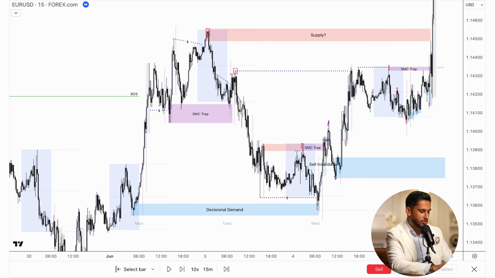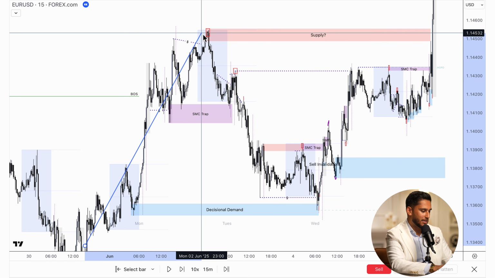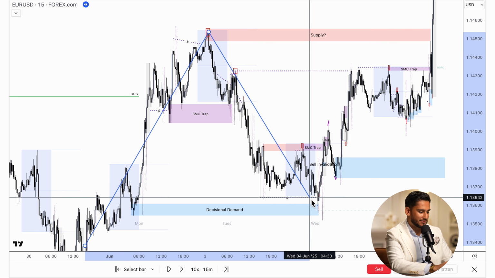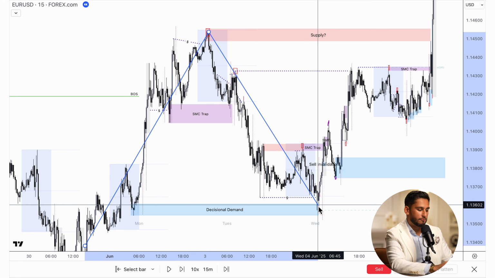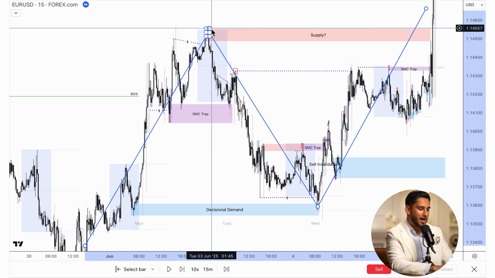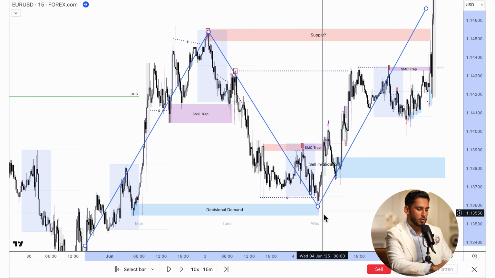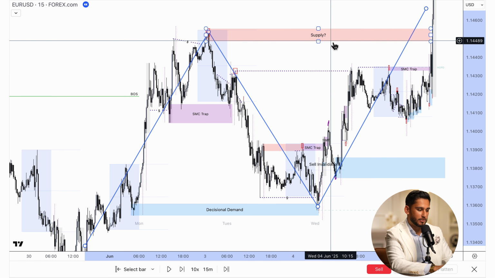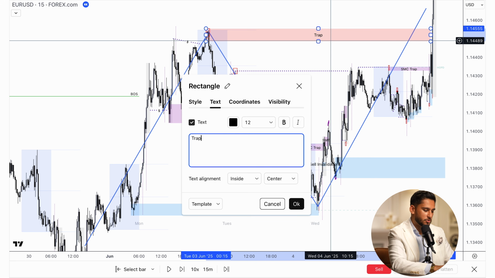Just from market structure, we had a low in the market that formed a higher high. This went on to hit the decisional demand with an inducement, forming a higher low. After that, we go on to make a new higher high. Higher highs previously that form higher lows, not breaks of structure, are not supply zones, which is why we put a question mark. Therefore, we know that this was not a supply zone, it was a trap zone,